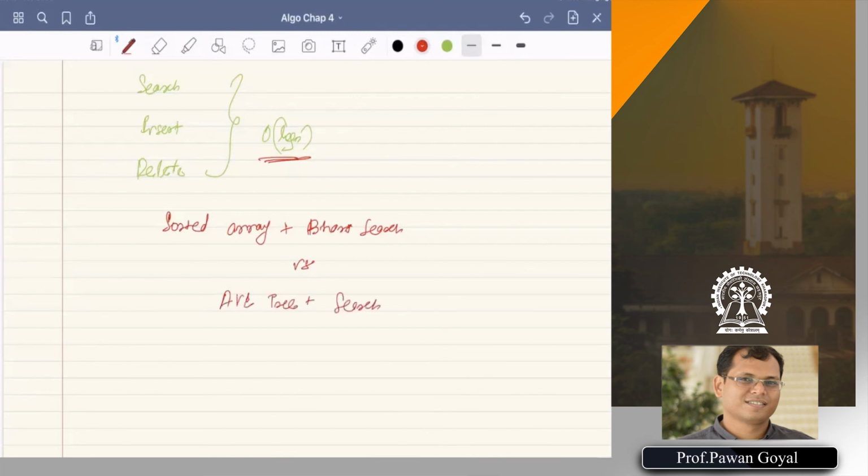The complexity is the same. Once you have a sorted array, it takes order log n time. If you have an AVL tree, it takes order log n time.